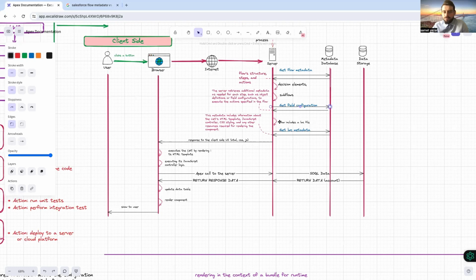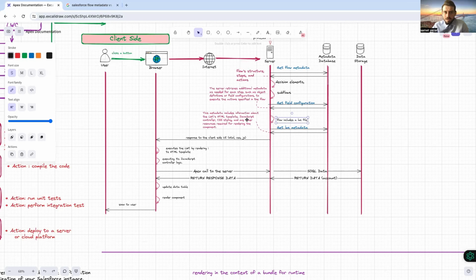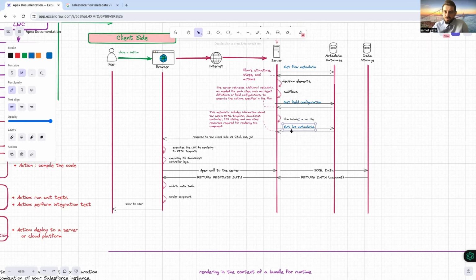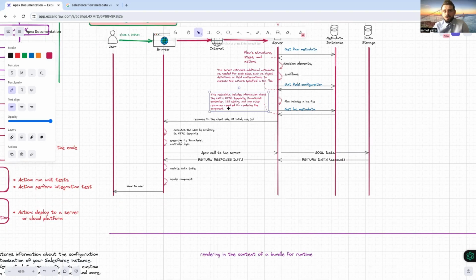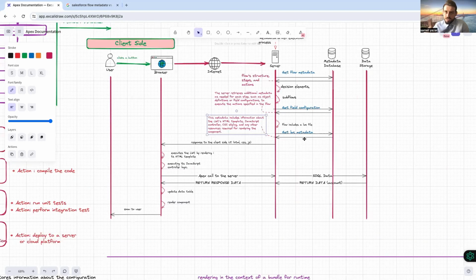So if later the flow includes, let's say, an LWC file, what does the server do? It gets the LWC metadata from the metadata database. As an explanation, this metadata includes information about the LWC's HTML template, JavaScript controller, CSS styling, and any other resources required for rendering the component. So after getting this LWC metadata from the metadata database, it is time to